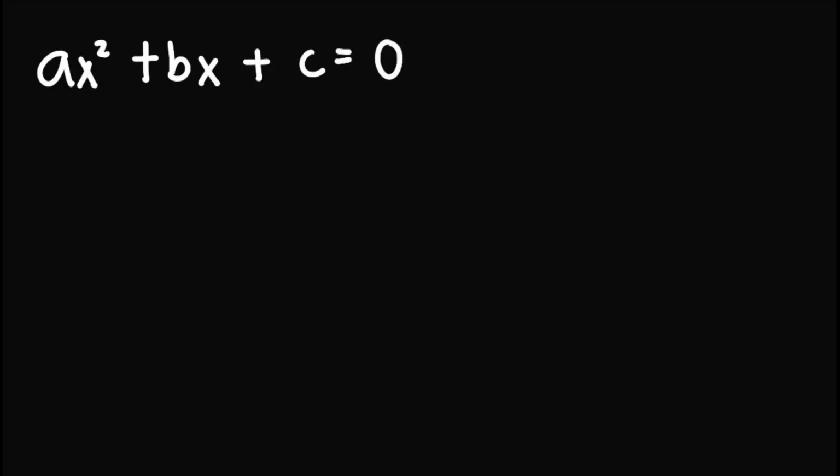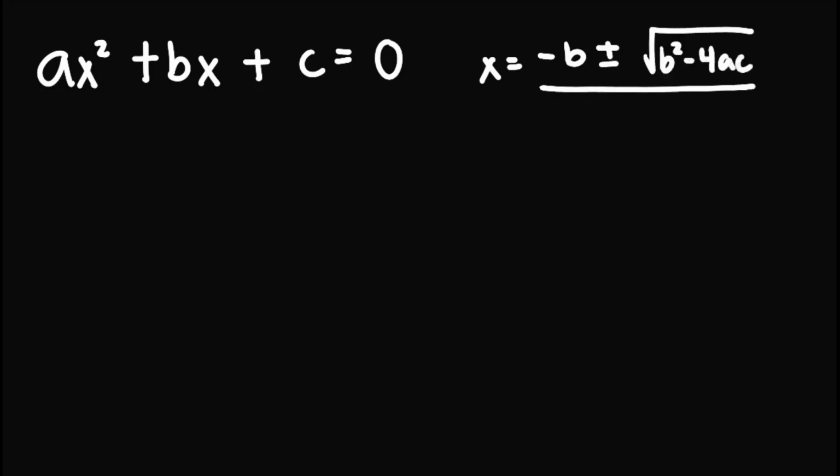Now by the quadratic formula, we know that its roots can be obtained by this: negative b plus minus square root of b squared minus 4ac over 2a. And we know that since we are dealing with quadratic, we have at most 2 roots. So we have here x1 equals, say, negative